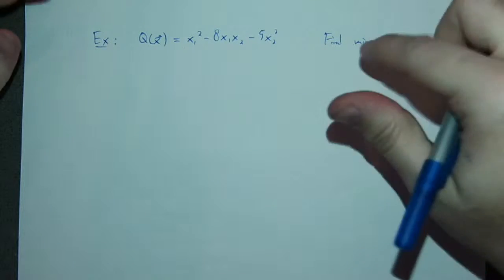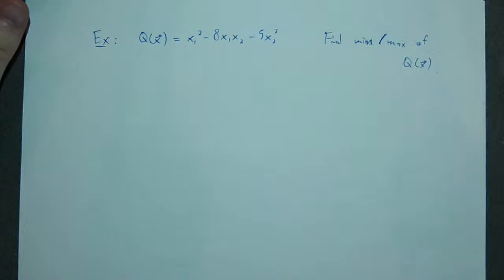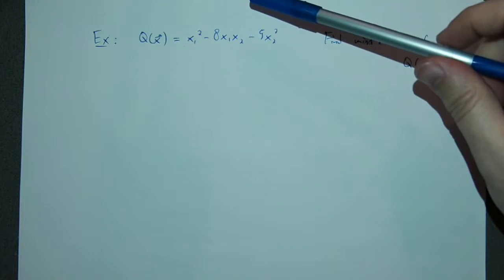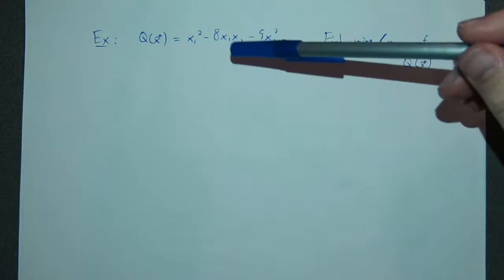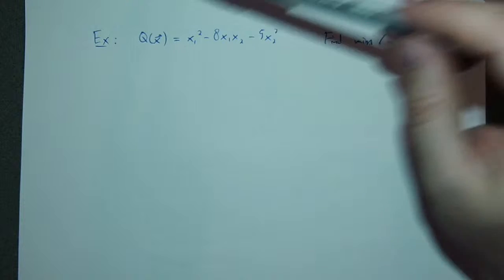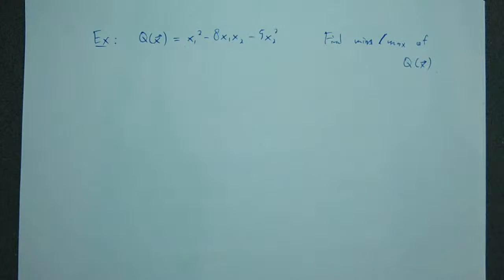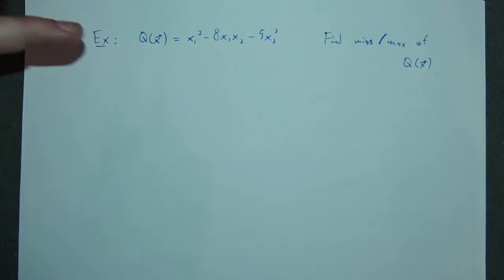So in this case, how do I find the min and max of this thing? The idea is first I'm going to do a change of variables here, to a variable where the associated quadratic form would actually have